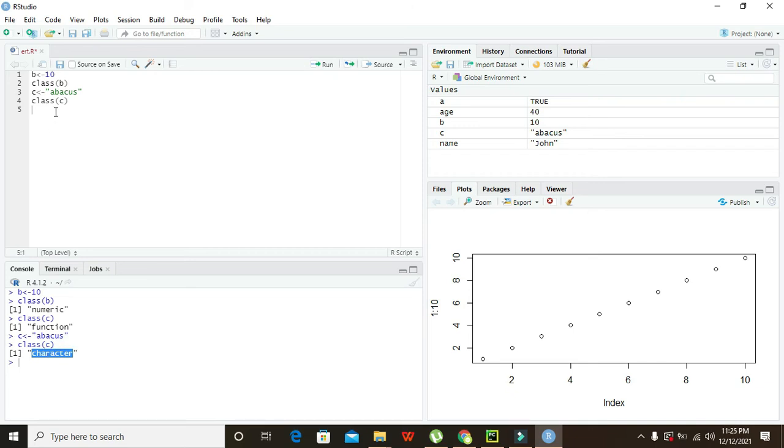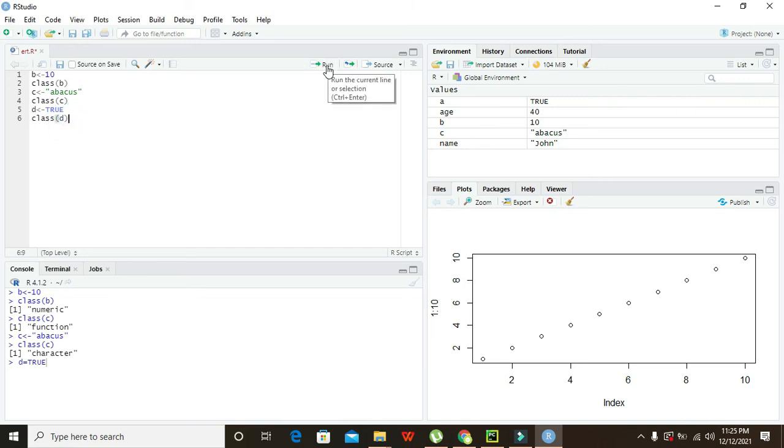Now if we write D is equal to TRUE, using the assignment operator, that is, less than and dash, TRUE, then what will be the type of this variable D, what data type does it have?